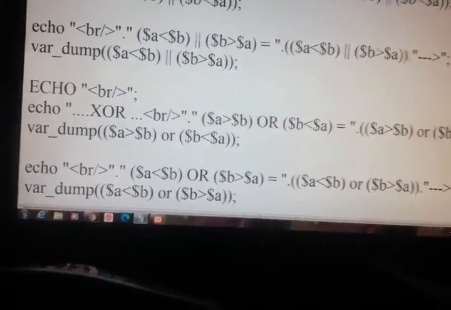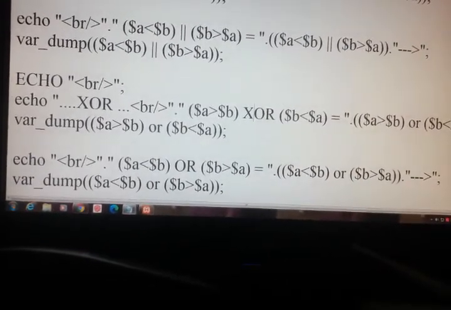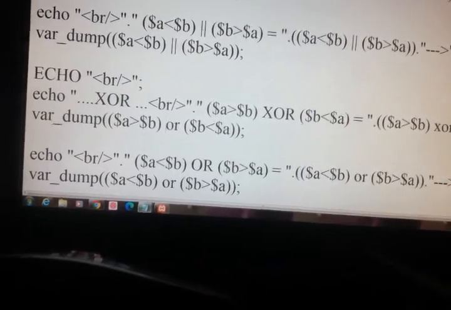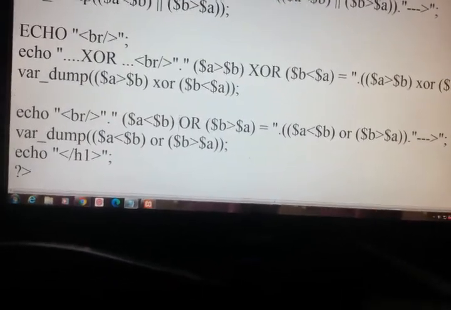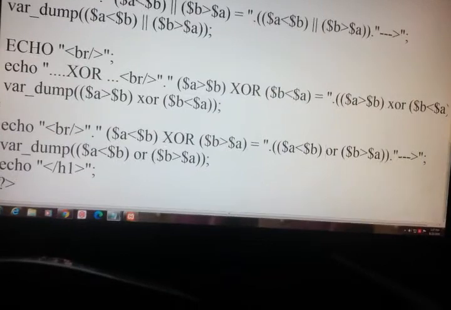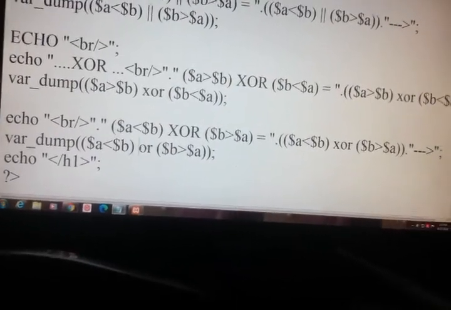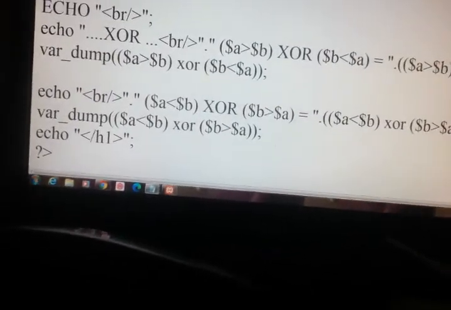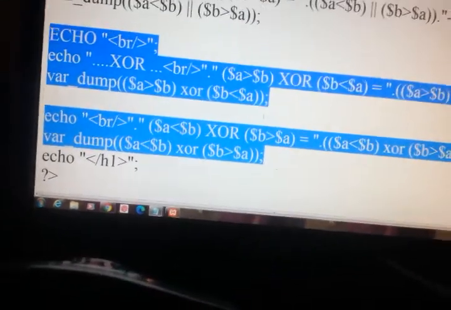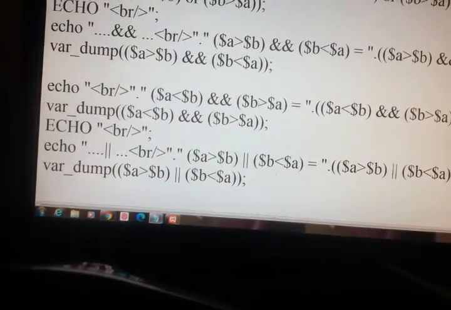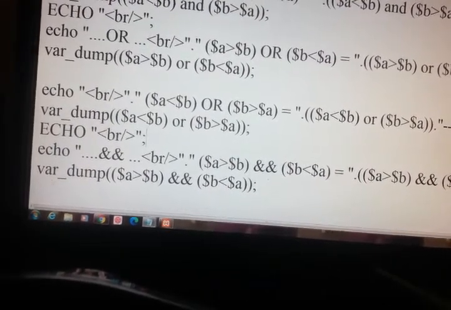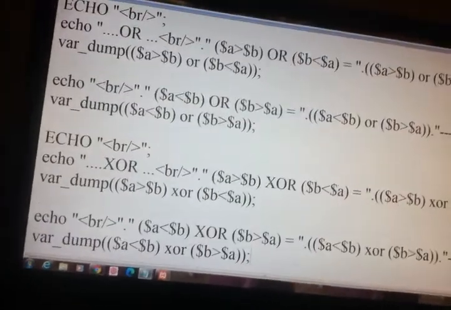Exclusive OR, XOR. Now this code, just use below this OR. Just save.